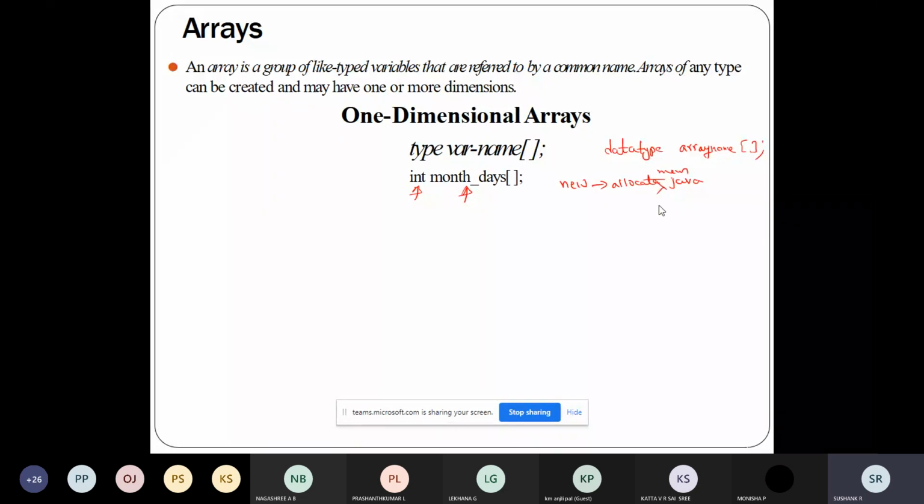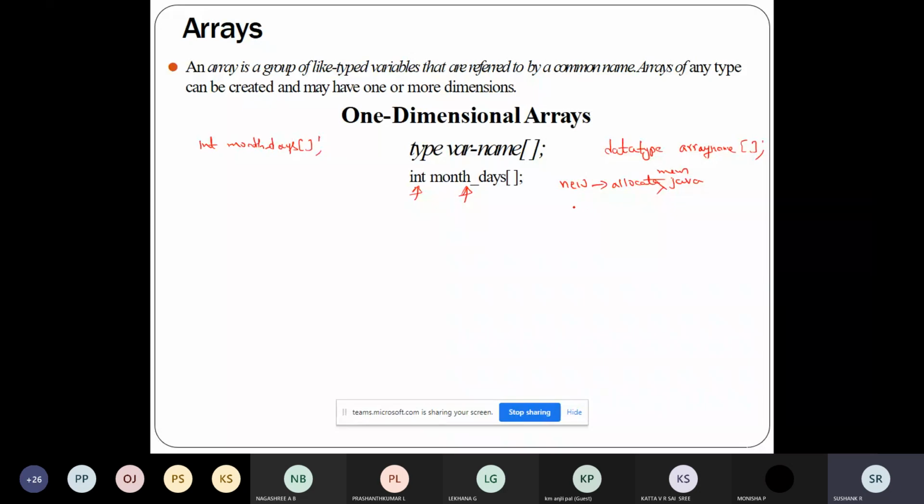So this int month_days will just declare an array by the name and its type. It doesn't have any memory. If you want to allocate memory to this array, you should do that by using the operator called new.